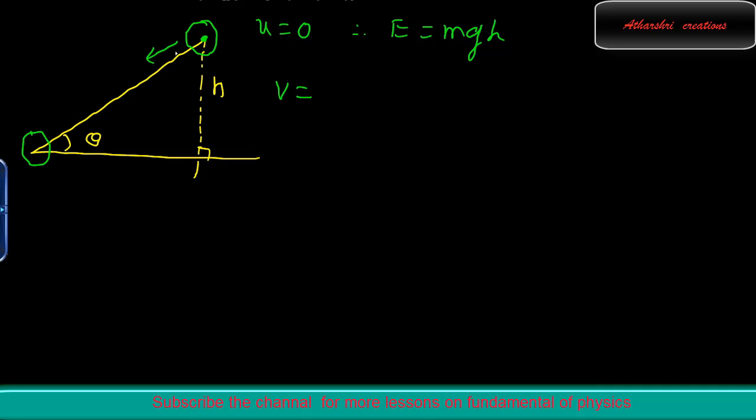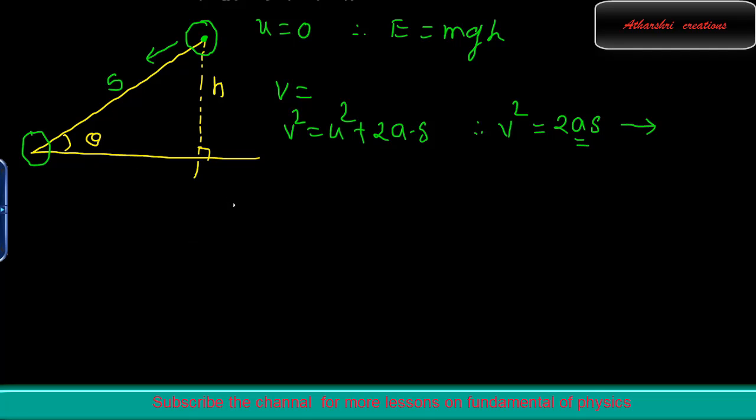The total distance traveled by the body during the rolling motion along the inclined plane, let it be s. Now we can use the equation v square equal to u square plus twice as to find the acceleration. Here u is 0 and this equation becomes v square equal to twice a into s. This is what we have to use to determine the acceleration of the body. Before this, we have to find the linear velocity.